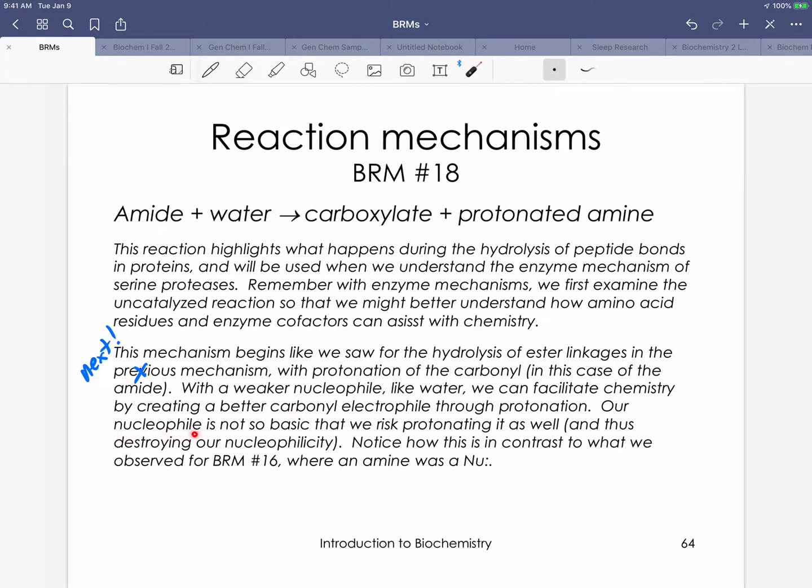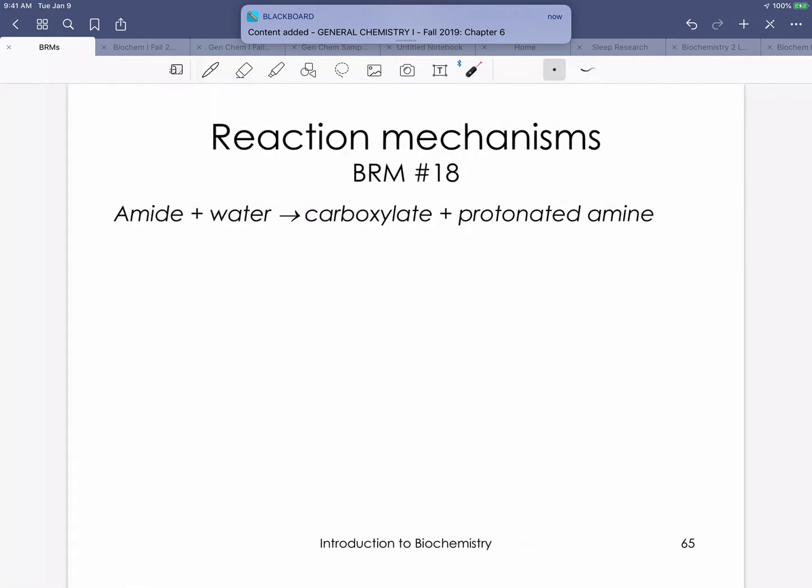Keep in mind that we need to think about having a situation where we don't have an improper protonation state. So in this case, our nucleophile is not so basic that we risk protonating it as well. Water's not so basic that we're all of a sudden going to generate hydronium ions. But again, that's in contrast to what we saw with reaction mechanism 16, where we had amines that were our nucleophiles. So going ahead here with our mechanism,